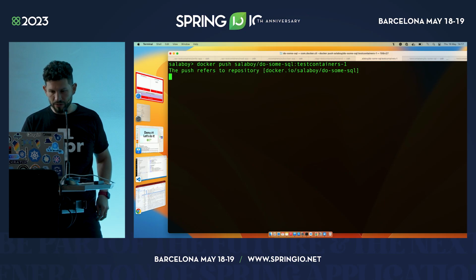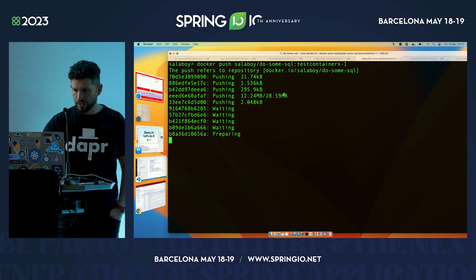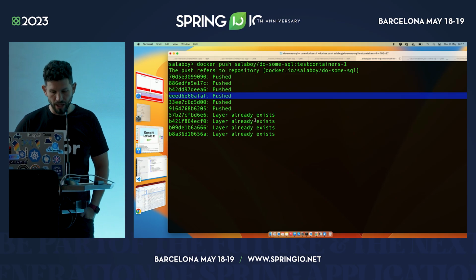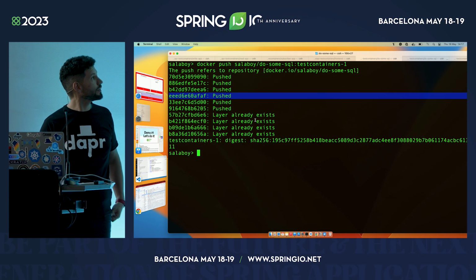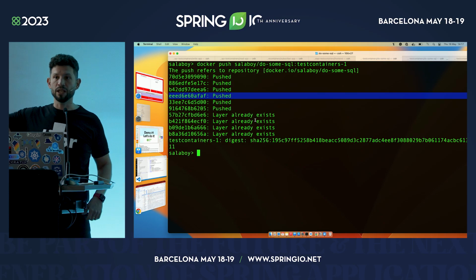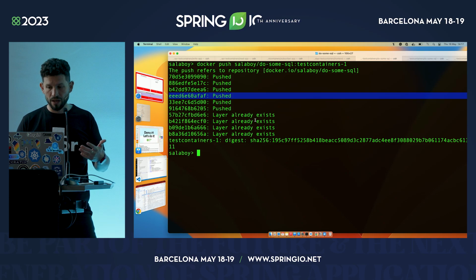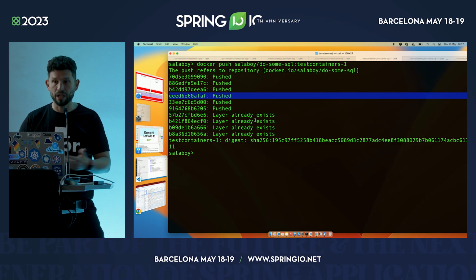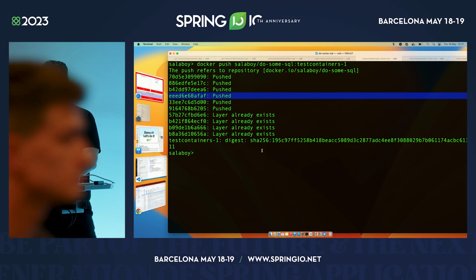And you will see here, as soon as I hit push, it's around 30 megs that I'm sending, right? Like 28 megs that are pushed. It's pretty fast because the connection is fast here. But now I have a container in a remote repository. That basically means that now, if I want to run my application in Kubernetes running on Google Cloud, I can just send a request to Google Cloud and run that.